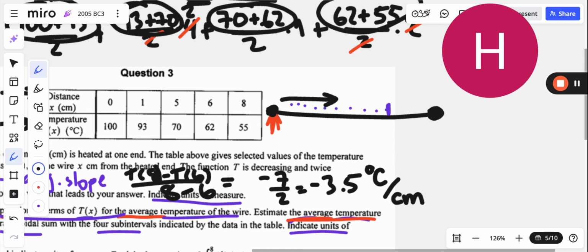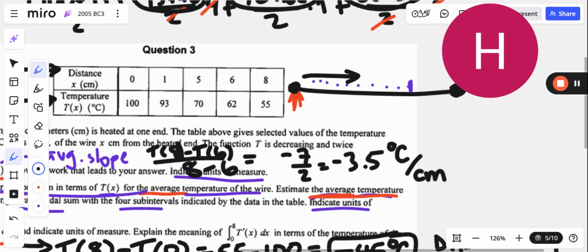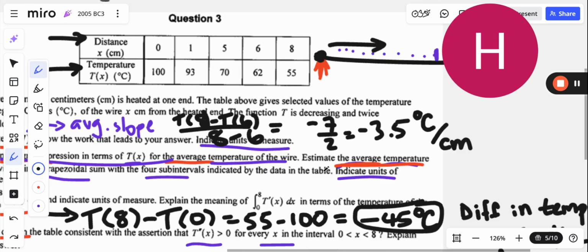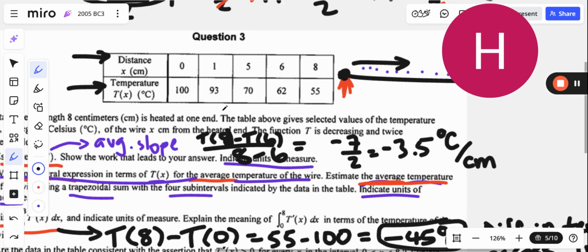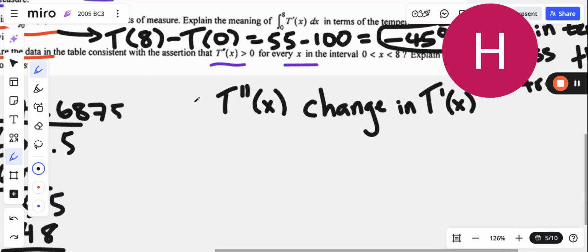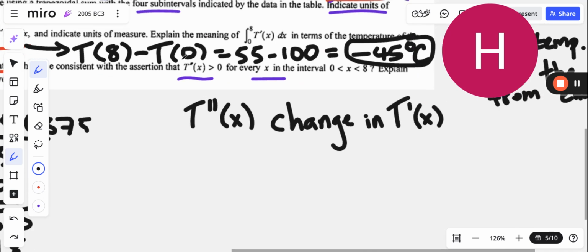As we're moving that way, we calculated or estimated one of the derivatives as going down. The temperature is going down as you walk away from the heat source, which makes sense, right? You have your hand close to the flame, it's hot. You go further away from the flame, it's less hot. But the question is, and I looked at that earlier, how much is the decrease really changing by? This is saying that the decrease